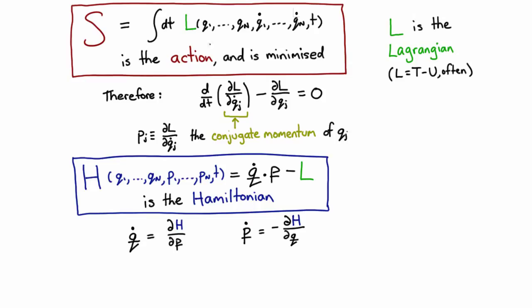And if we have such a thing being minimized, then we know from variational calculus that the Euler-Lagrange equations must hold, in which case this equation here must hold for each variable. This object here is called the conjugate momentum of that coordinate. And we can use this principle and these equations to generate the equations of motion for physical systems in quite